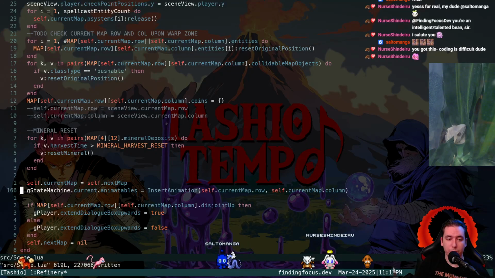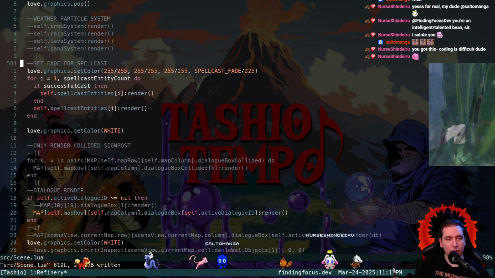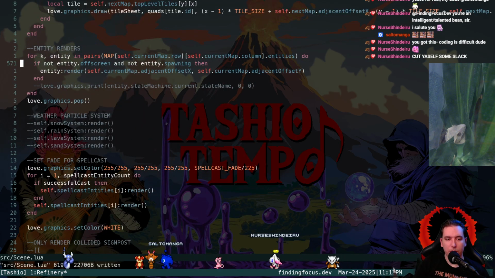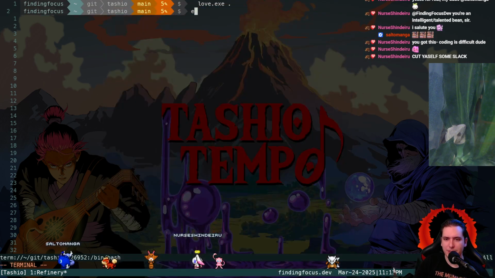But we will do spellcast entity count is local. Okay. So we shouldn't crash, and we need to do...